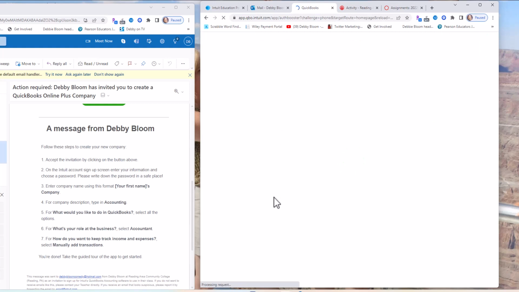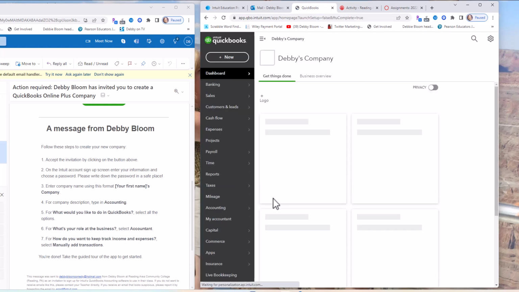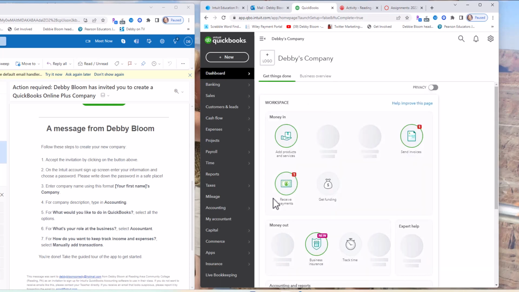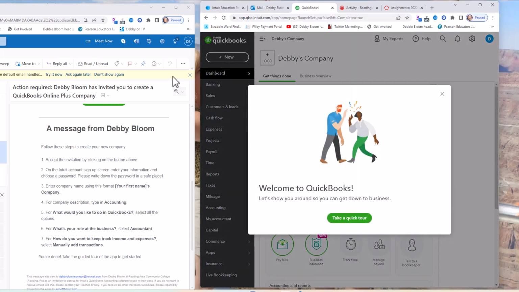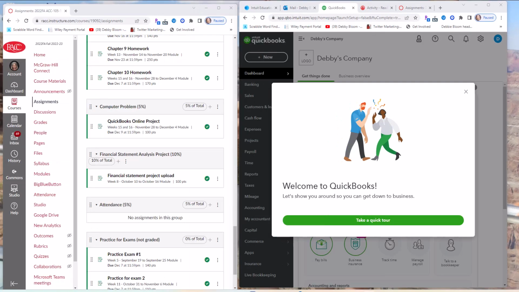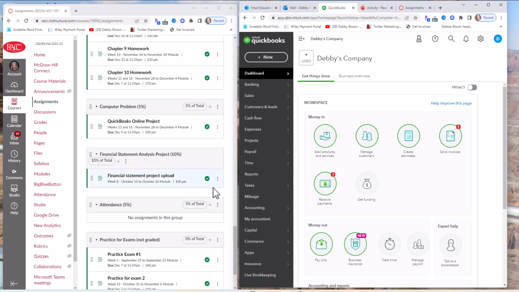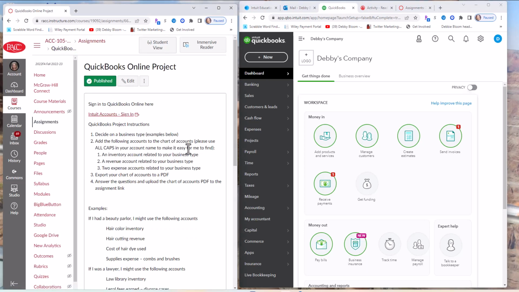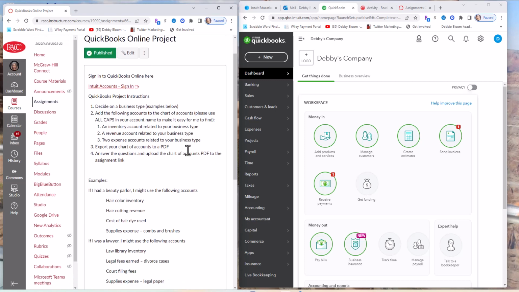So QuickBooks is now creating your company. And now we're ready to go into the project. So now that our company is created, I've put the assignment in one window, and here's our QuickBooks. We don't need to take a quick tour, so we can close this window. Now if you go into your assignments or home, you'll find the QuickBooks Online project, and here are the project